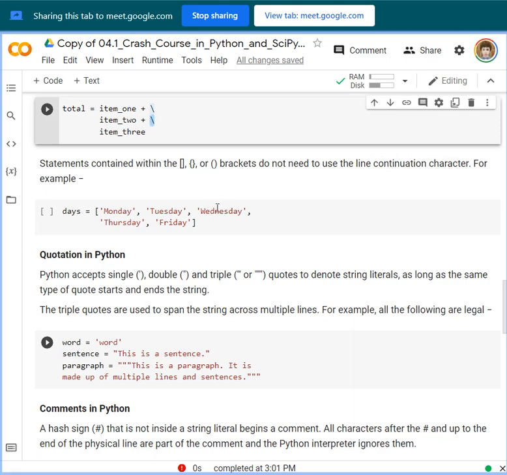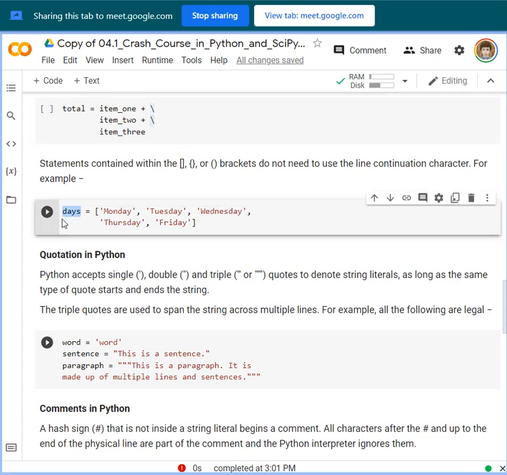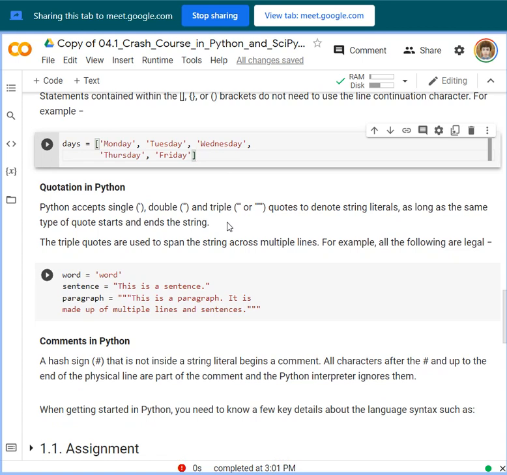For example, here we make an array for the variable days, and we assign it here. So no need for a continuation character, only commas if necessary.